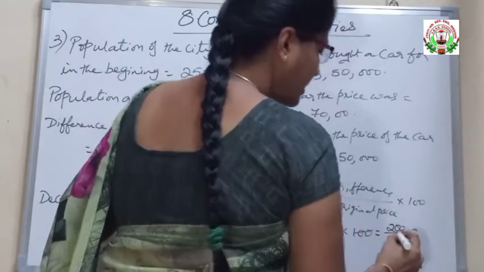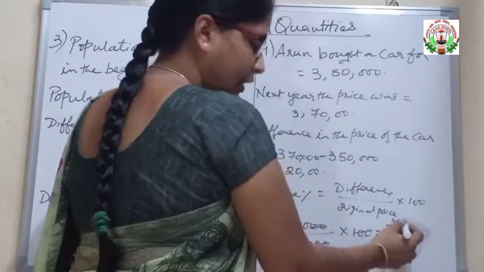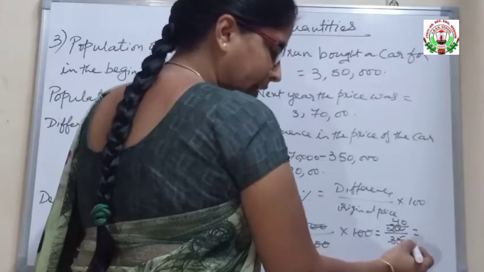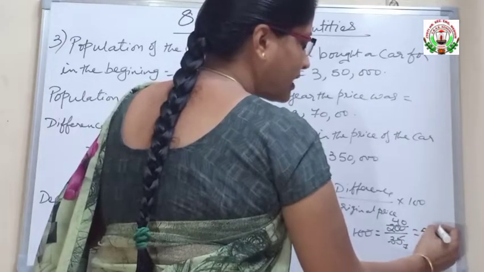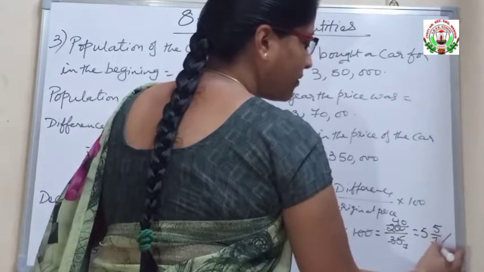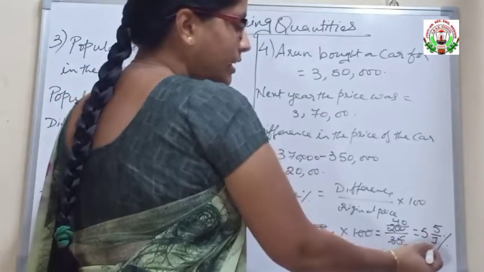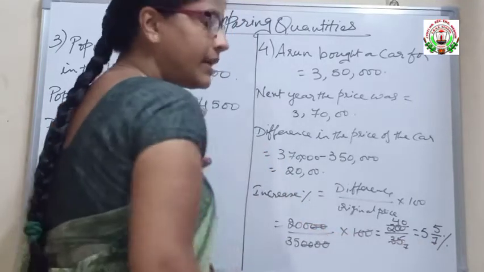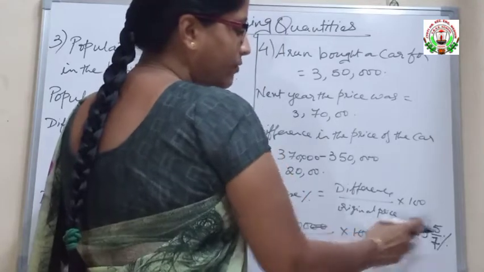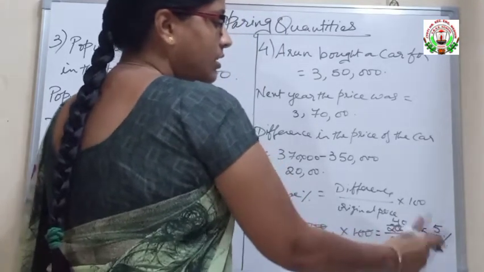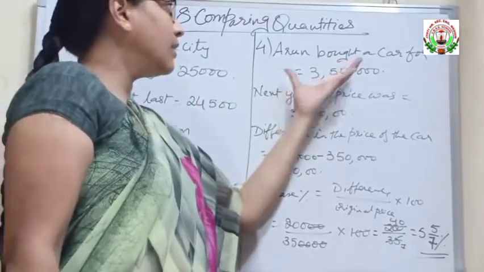So here we have got it as 200 by 35. See, 5 7s are 35. Next here when you divide it, we are going to get it as 5 7s are 35 and 5 is remaining. So 5 by 7, 5 by 7%. So if you want to change it into decimals also you can change it, but I have given it in the mixed fraction. So here see 5 7s are 35, 35 plus 5 40. So 40 by 7. So this is your increase in the price of the car when Arun has bought the car.